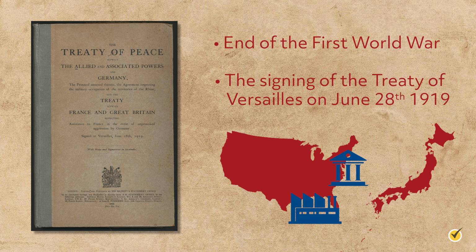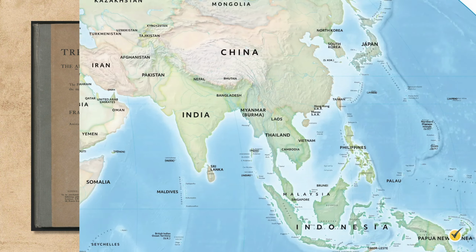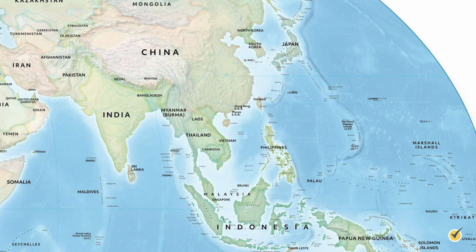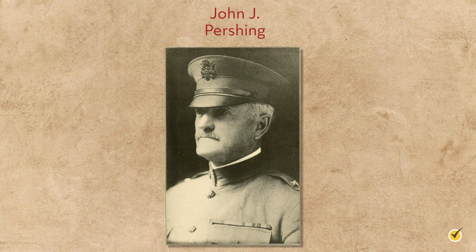American banks and industry profited handsomely from the underwriting of the Allied war effort, while the Japanese, honoring the 1902 alliance with Britain, easily captured German colonies in Asia. The United States was a late entrant in the war, eventually siding with the Allies in 1917, but not actively joining the fight until the following spring. The American Expeditionary Force under the command of John J. Pershing ensured an Allied victory by November 1918.